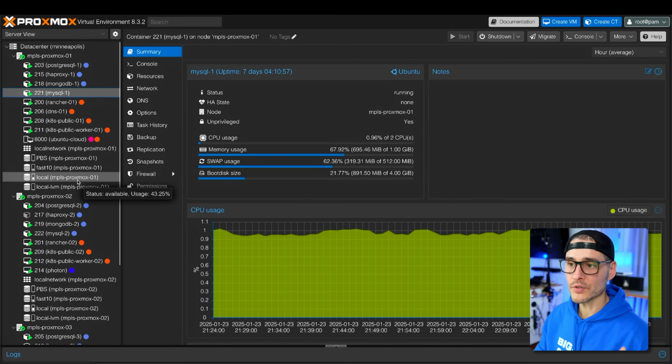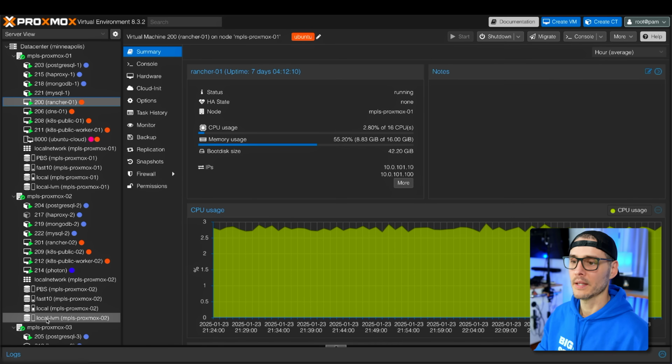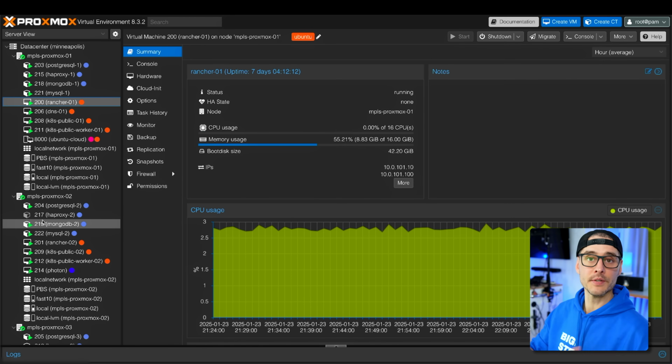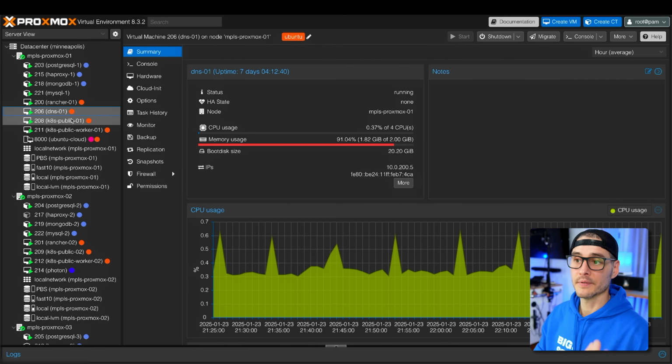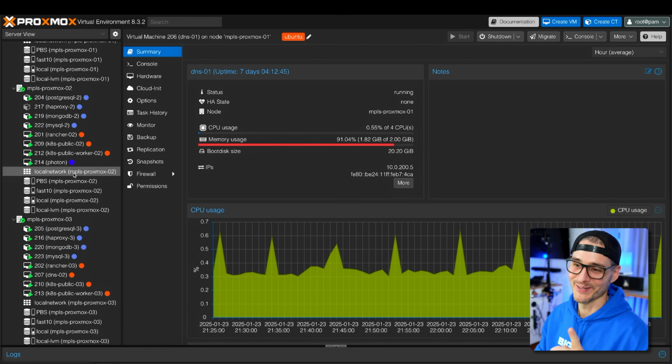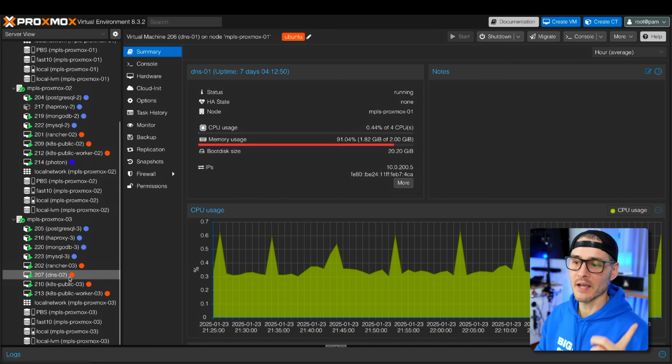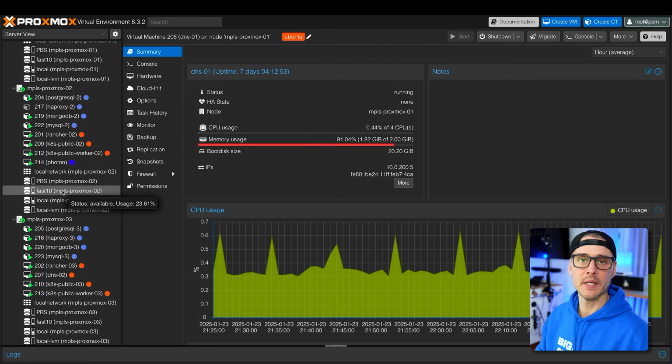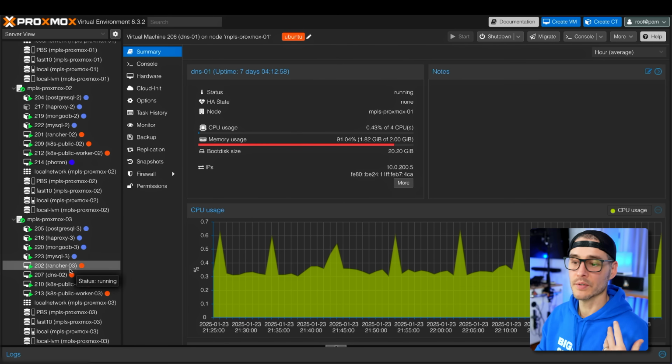Then you'll see I have Rancher, Rancher 01, and then Rancher 02, Rancher 03. So this is my Rancher cluster. We'll talk about it a little bit later, but I have 3 Kubernetes clusters, all managed with Rancher, and these are the 3 VMs that help me do it. Next, I have DNS01. I don't have DNS02 on node 2, which is kind of weird, so I should probably move it and shuffle that around. But I have DNS02, and I have 2 DNS servers here. I'm going to talk about what I'm using for DNS a little bit later, but just know in my colo, I have my own DNS servers there too.